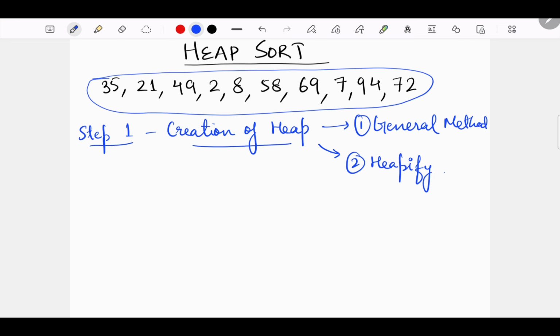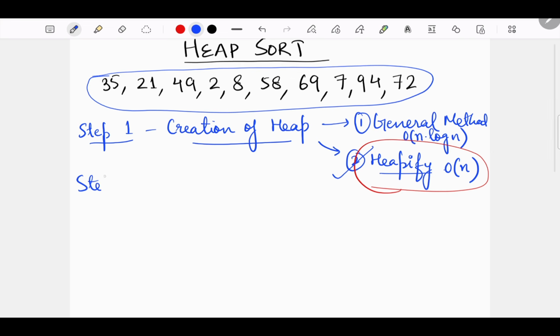In the general method, what is the time complexity? It is n log n. And if you use the heapify function, your time complexity is just big O of n. Since the time complexity for using the heapify function is less, for creation of heap it is recommended that you should always use heapify in heap sort.